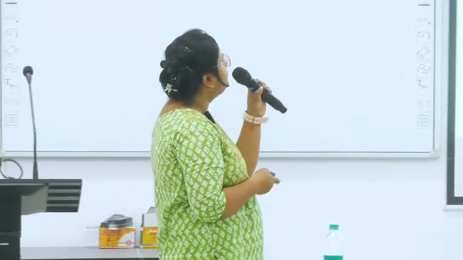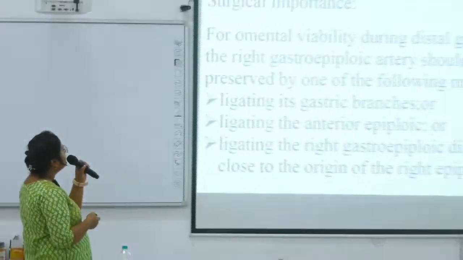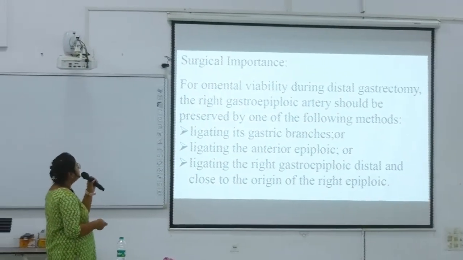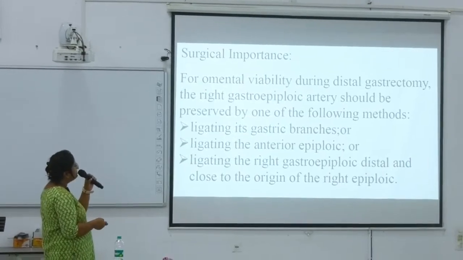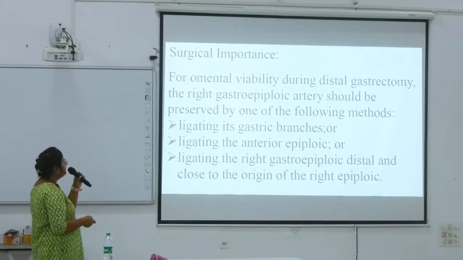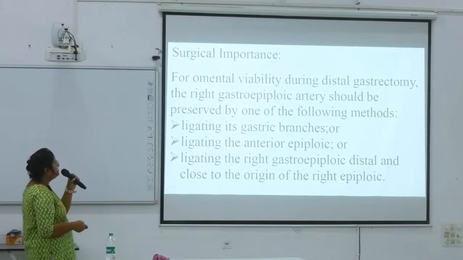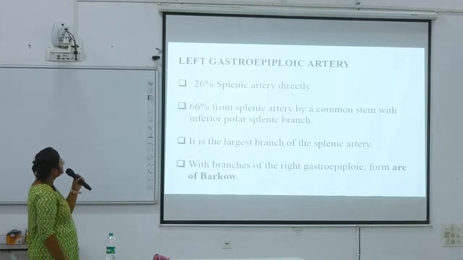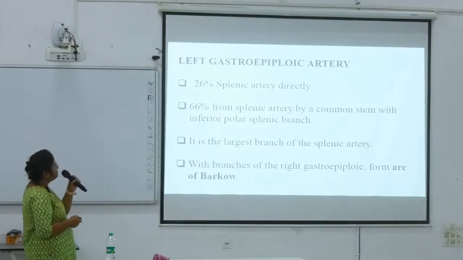During distal gastrectomy, the right gastroepiploic artery should be preserved by these methods: ligating its gastric branches, or ligating the anterior epiploic, or ligating the right gastroepiploic distal and close to the origin of the right epiploic. Okay. Next,